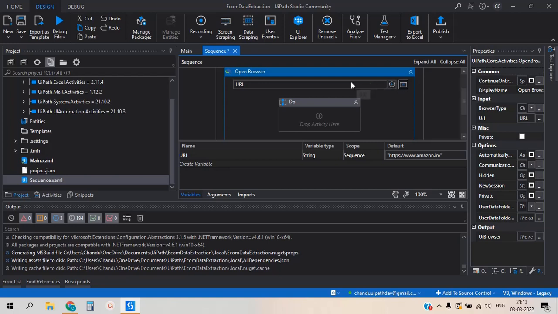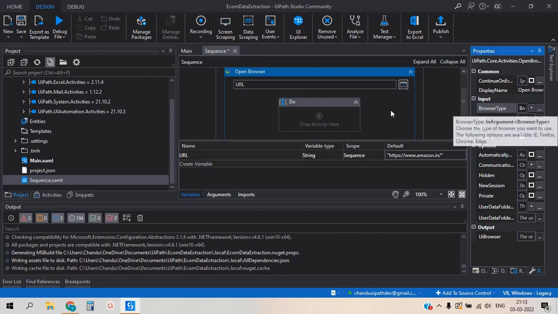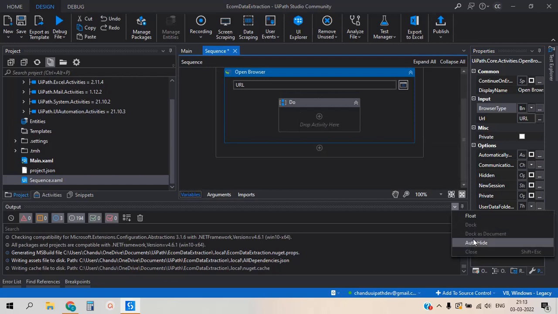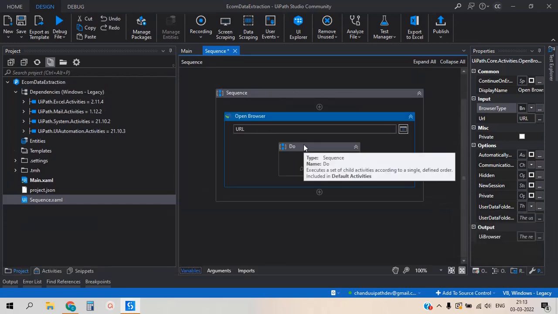and we need to choose the browser type also here. From the properties pane in inputs we need to choose the browser type. As of now I'm choosing the browser type as Chrome. It depends on our requirement. What browsers we are using in our machine, we can use. After adding the URL,